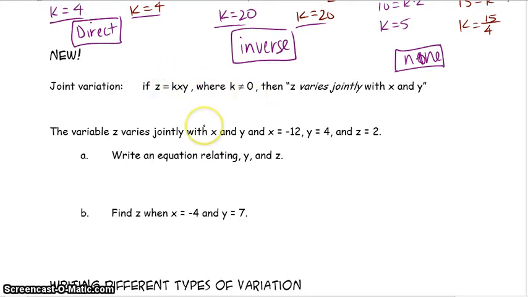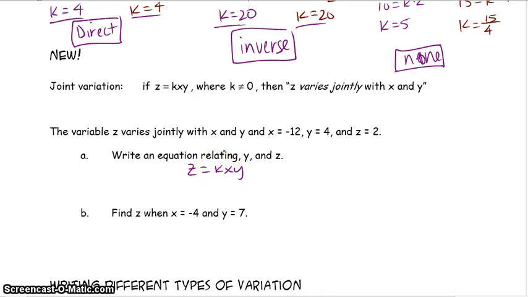So, reading our first example, it says the variable z varies jointly with x and y, and x equals negative 12, y equals 4, and z equals 2. And it wants us to write an equation relating y and z. So, what this is saying is it just wants us using our equation that we learned above, z equals kxy, to plug everything we know in to solve for our k